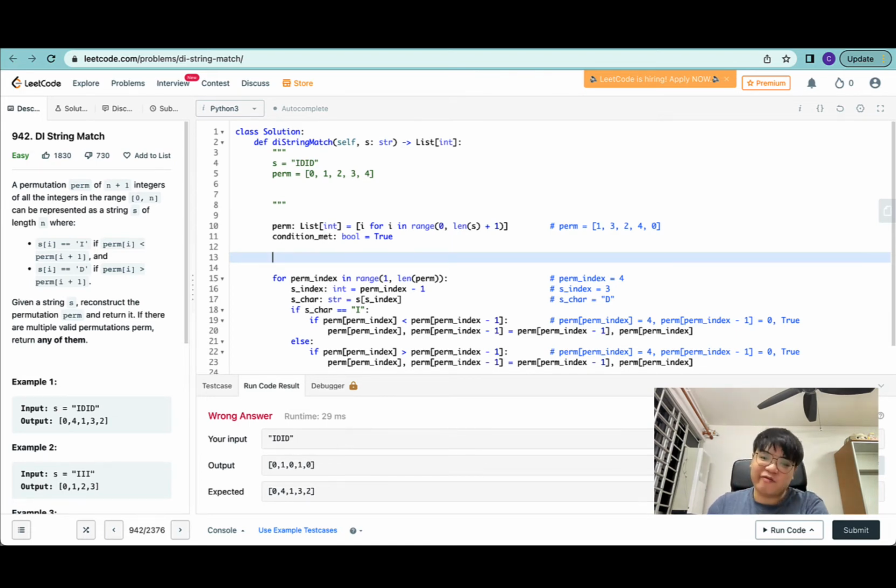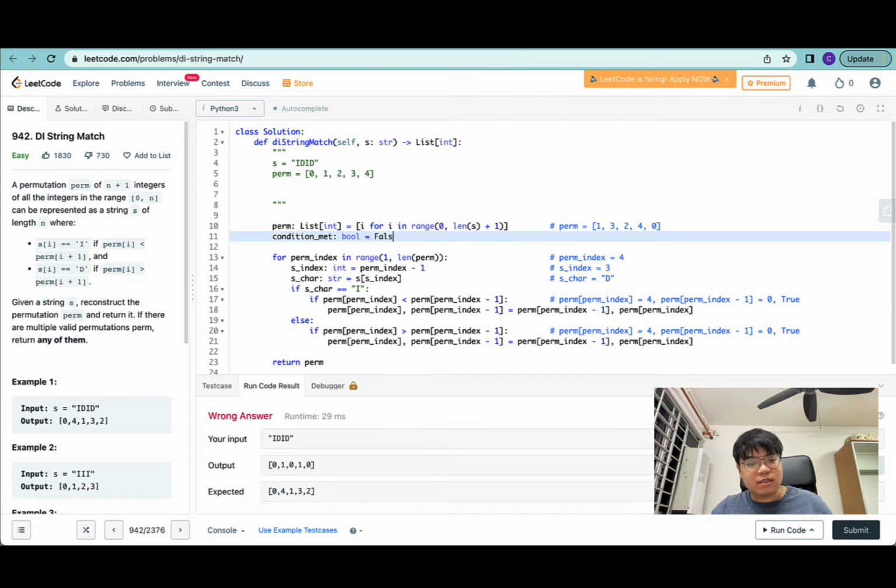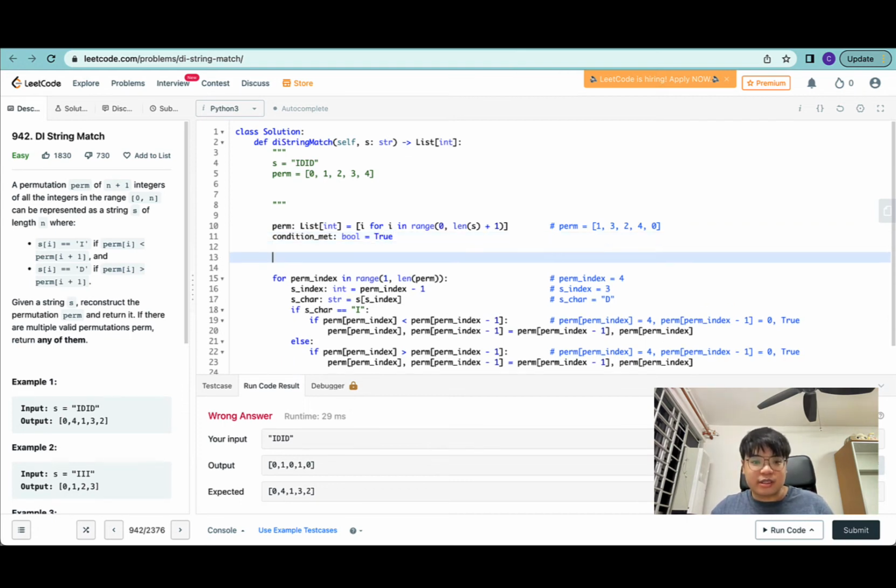Let's set this to false, should we? So let's set this to false. Actually, let's set this to true first. While condition